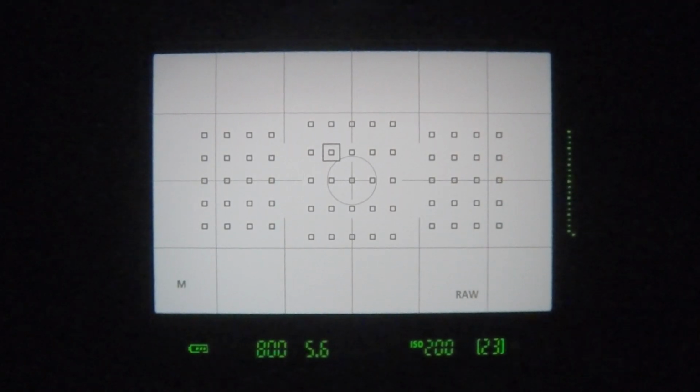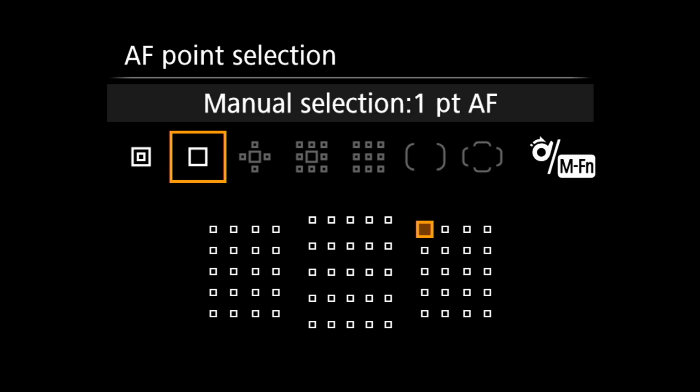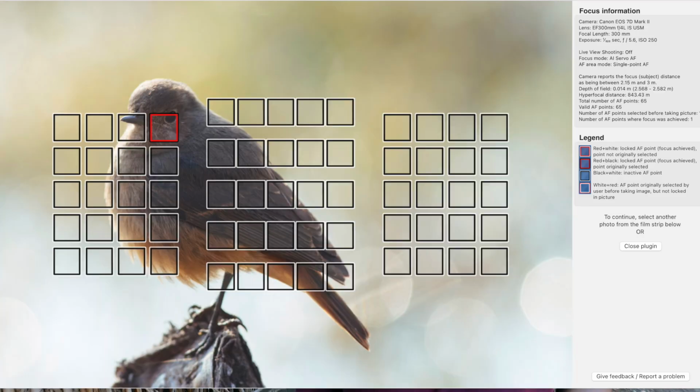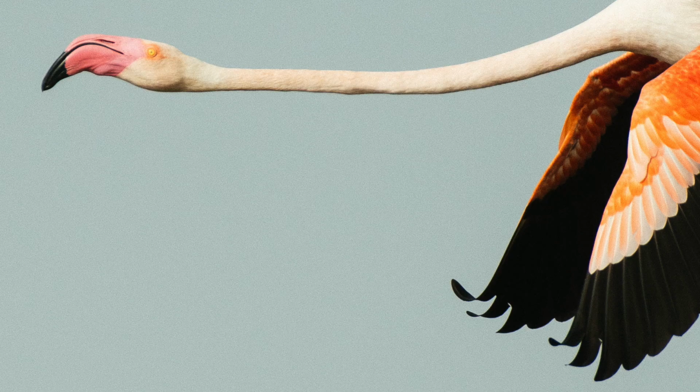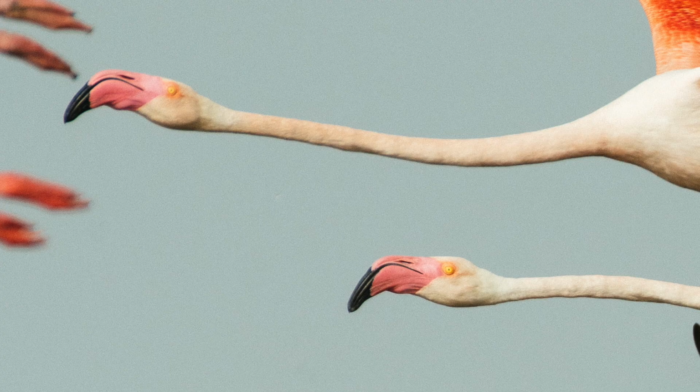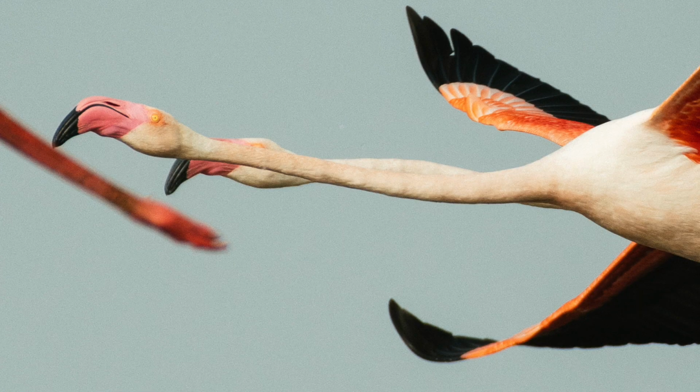If I'm clicking a picture of a bird and I have my single autofocus point aligned on the head of the bird or the eye of the bird, and momentarily another bird comes in the way, overlapping that focus point, this setting decides whether I want my focus to immediately refocus on this new bird or stay on my original bird longer.